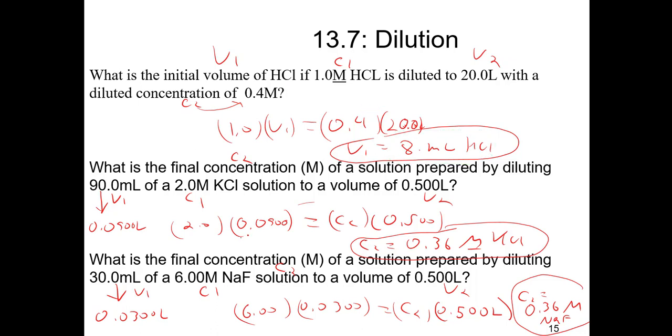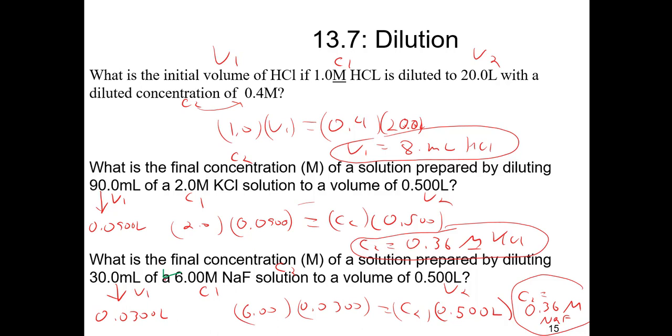The next one's going to be a little bit harder because you'll notice a difference. There's liters and there's mL, and they should be the same unit, either both mL or both liters. So in this case, I'm going to change mL into liters, and you should already be familiar with that conversion. So it's now 0.0900 liters. I then plug in my values and rearrange to solve for my unknown concentration. The lowest amount is 2 sig figs, so it should be rounded to 2 sig figs. And I do the same